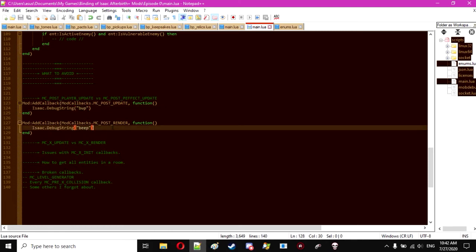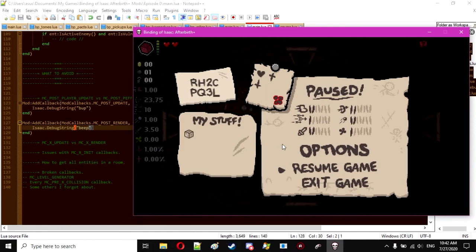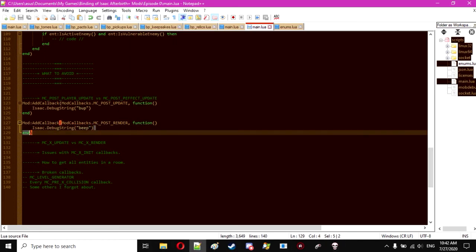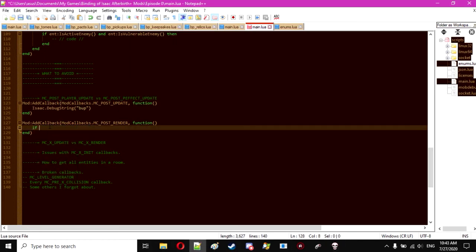Now the thing is, maybe you want to render a sprite and not render it while the game is paused. But as I said, render runs while the game is paused. So you should want to use something like game. If not,